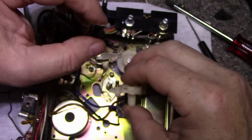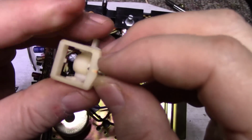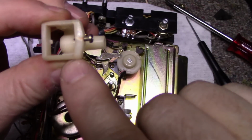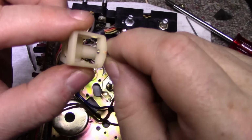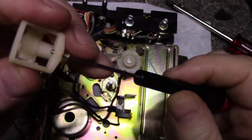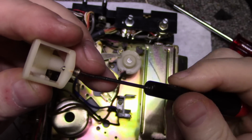Okay, so this is what we're after. This piece. We have to figure out how to fix this. See how it's cracked here? Crack on this side, crack on this side. That's not all the way through. Crack in the middle. This screw has a point on it, and that's what clamps down the head assembly. So,